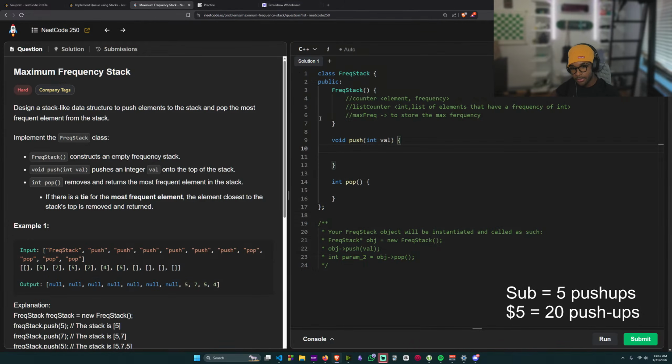I think that's how that works. Add 1 to the